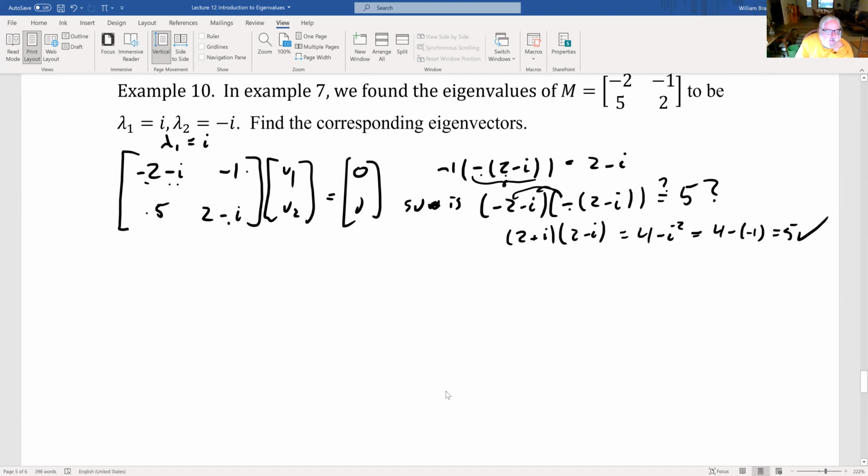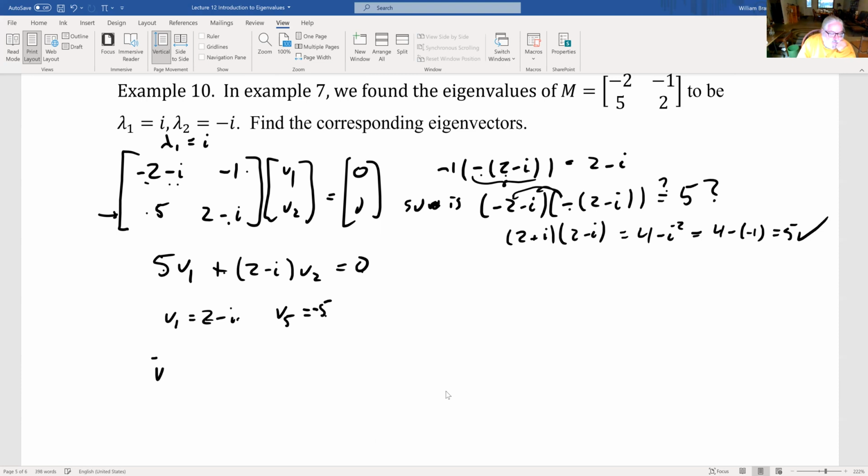complex number. Okay, so we'll take one of these equations to define my eigenvectors. I'll take the bottom one because the top one just has too many minus signs in it for my liking. So 5v1 plus (2 minus i)v2 equals 0. Actually, make v2 equal to -5, and then that would make v1 equal to 2 minus i. Right? Because that makes 5 times (2 minus i) plus -5 times (2 minus i), and that is equal